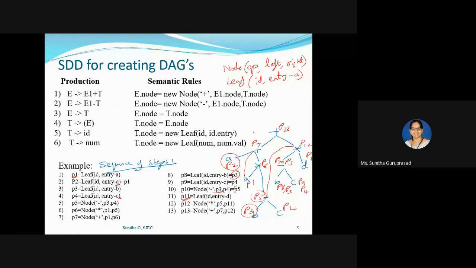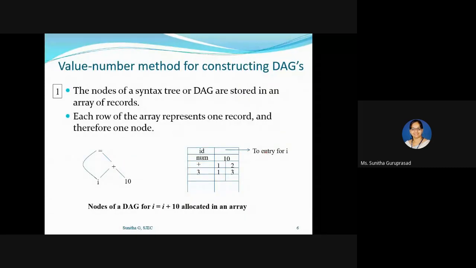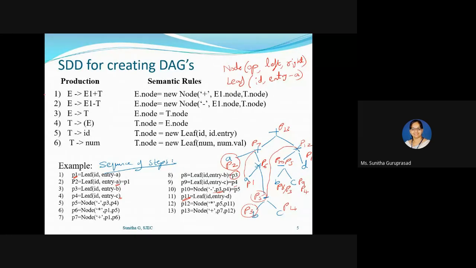That means this algorithm actually tells you that, and you can see here this is a HDD. This is a HDD for creating the DAG, which we will not be using now.